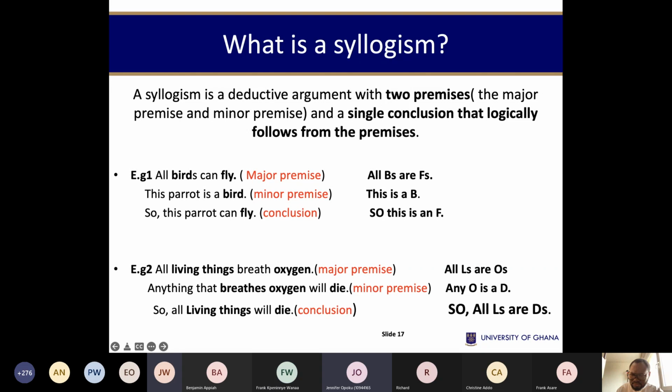That is also not right. So with the universal negation, you have